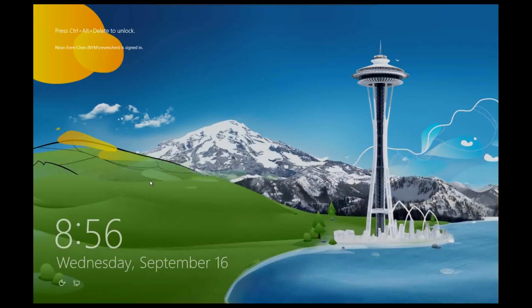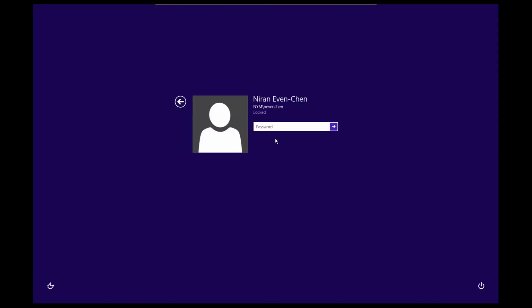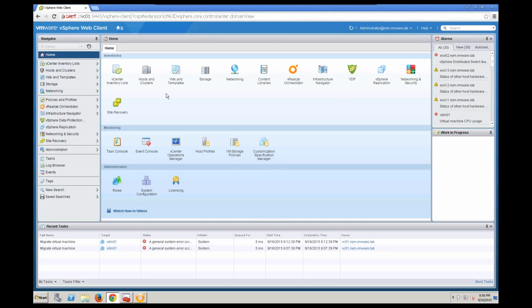So I think this is time to go into the demo. Let me jump into my demo environment here. This demo environment is in our office in New Jersey. So let's start by configuring